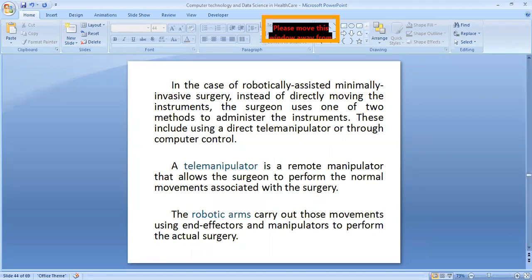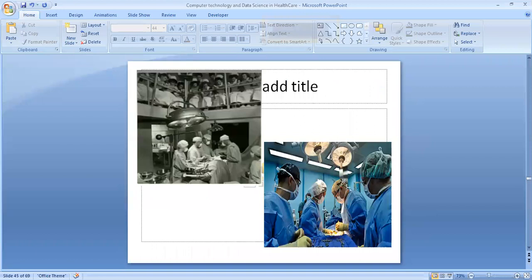That means we can articulate the surgery by sitting outside, just looking into the screen or the display. We can manipulate the movement of the robotic arm so that they are going to carry on with the surgical procedure. So here I have put a picture. On the left side you can see a picture wherein the other doctors and nurses who are not directly involved in the surgery are looking into the operation. That is why it has got the name operation theater, so that they learn how a surgery is being done.